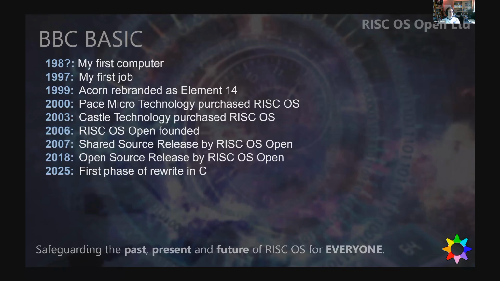So the long story short is, I worked at Acorn, sat at a desk. I then worked at Element 14, sat at the same desk. And then I worked at Pace, sat at the same desk. And then I was made redundant from Pace. But then I went freelance immediately. And then I ended up working, sat at the same desk at Pace again as a freelancer for a few months. So I got 4 different jobs, sat at the same desk doing the same thing, which was very odd.